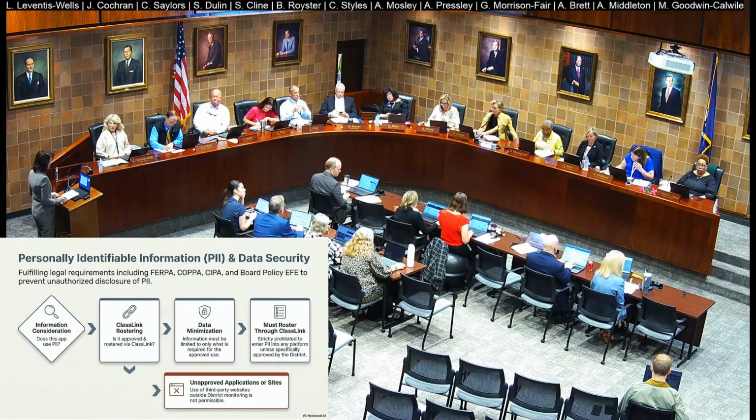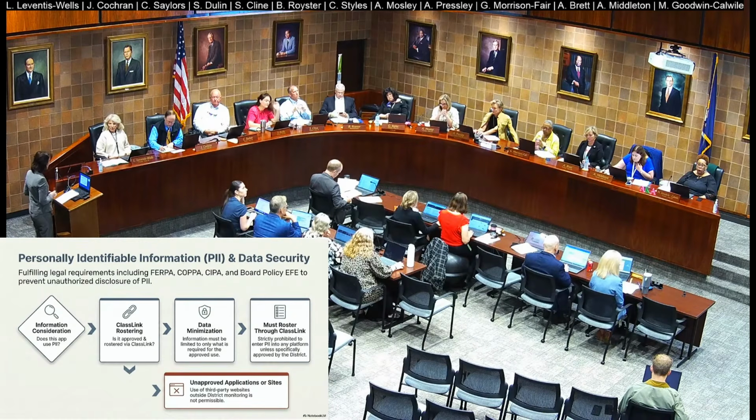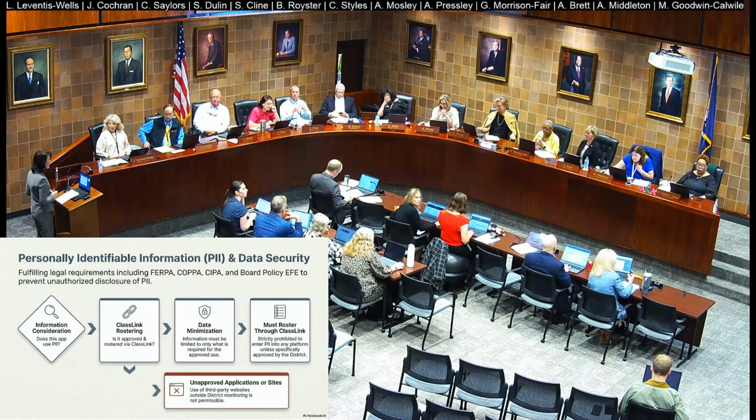As earlier mentioned, student personally identifiable information is a critical concern for Greenville County. It has been for some time. It is something that we take very seriously, and information security is a key component of this administrative rule. It requires students to be rostered directly to our applications through our internal GCS systems so that we can make sure that PII remains secure, and also that allows us to use analytics to see exactly what students are doing